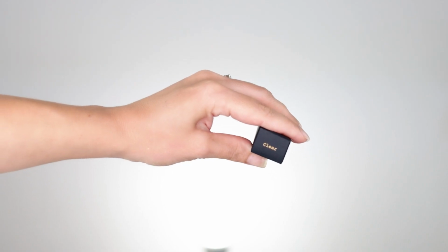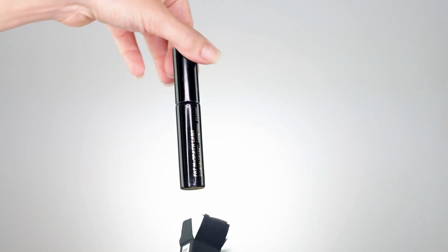My eyebrows are already done, and first thing I'm going to do is go in with this IntensifEYES Longwear Primer. This is her brand new eye primer, and this one is in shade Clear. Now, here's the thing. Usually, I would never leave my eyelid as it is, in a sense that I don't have any color underneath before I do